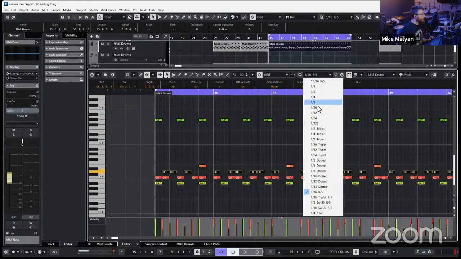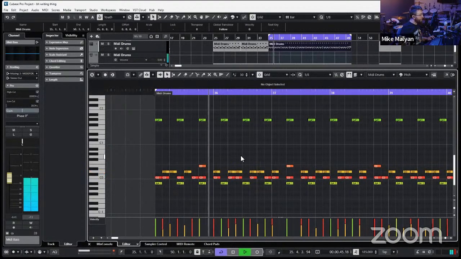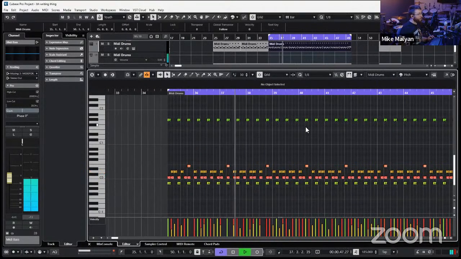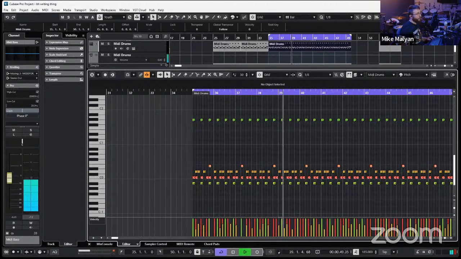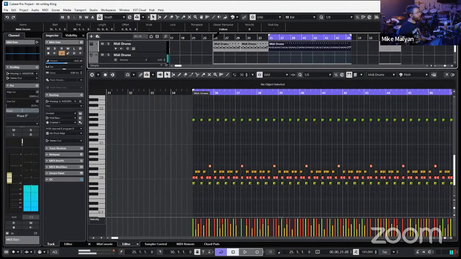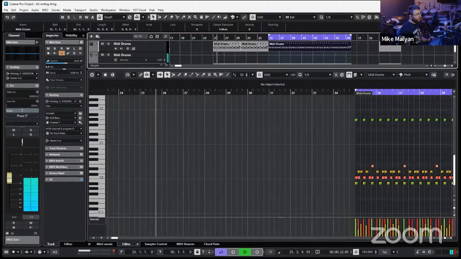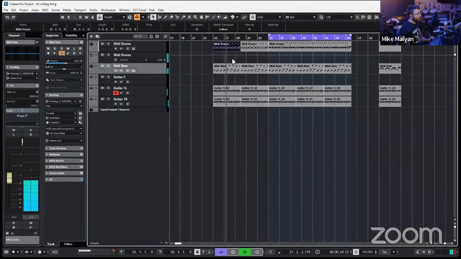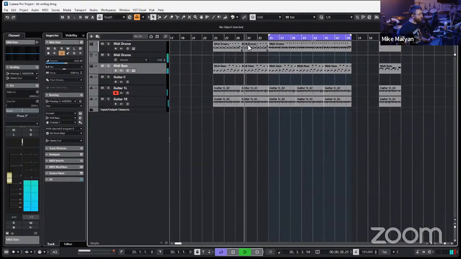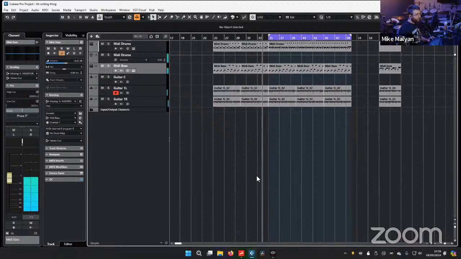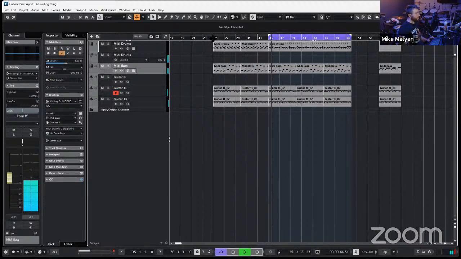That's now quantized. So we have where we came from. And where we're going.